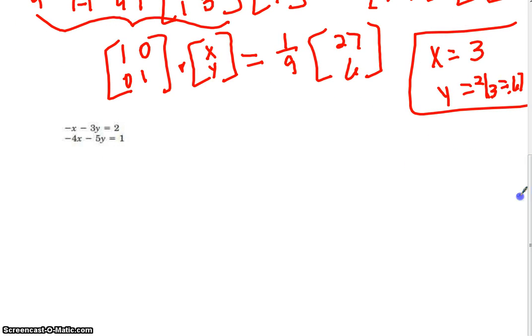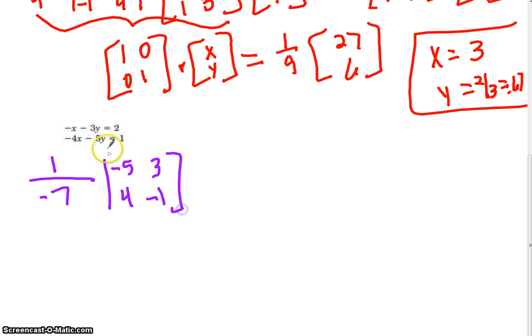Changing colors to go to the next one. You're going to say 1 over 5 minus 12. So that's going to be a negative 7. And then you're going to have negative 5, 3, 4, negative 1 times what was already there. So that would be negative 1, negative 3, negative 4, negative 5